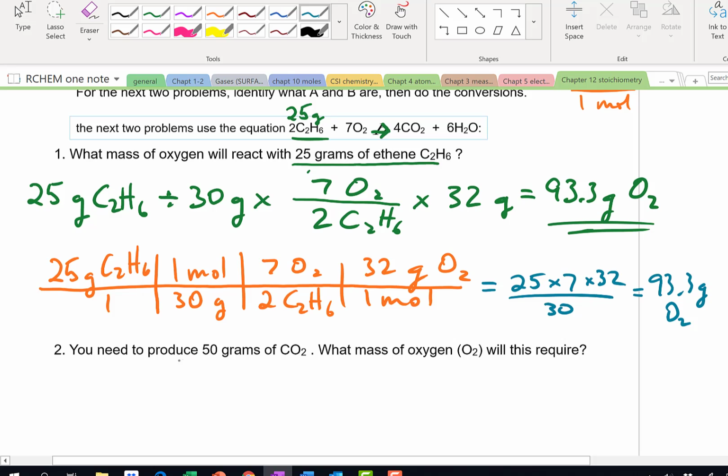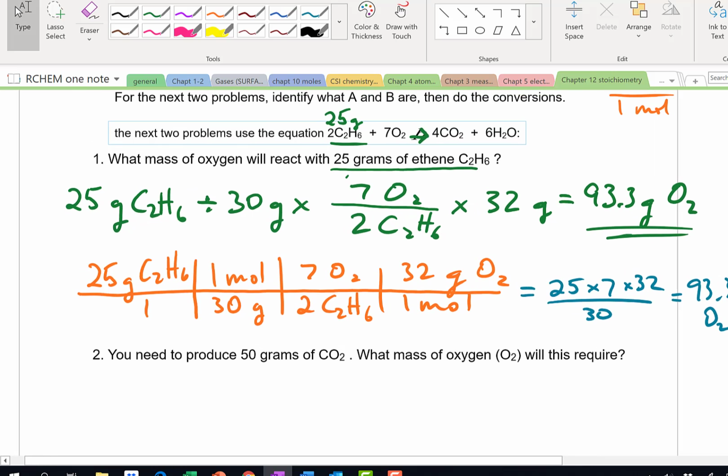Now we're given an amount of carbon dioxide that we want produced and asked what mass of oxygen we will need for that amount, 50 grams of CO2, to be produced. So I'll do it both ways. We'll call this method A, and we'll call this method B. So using method A,